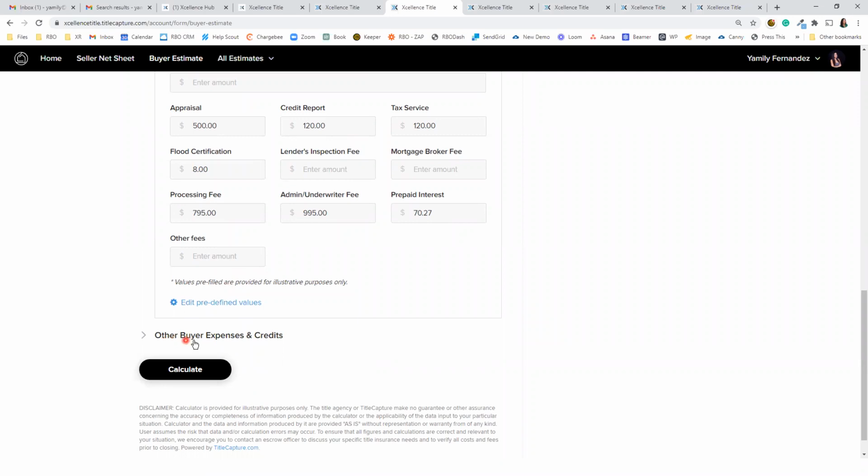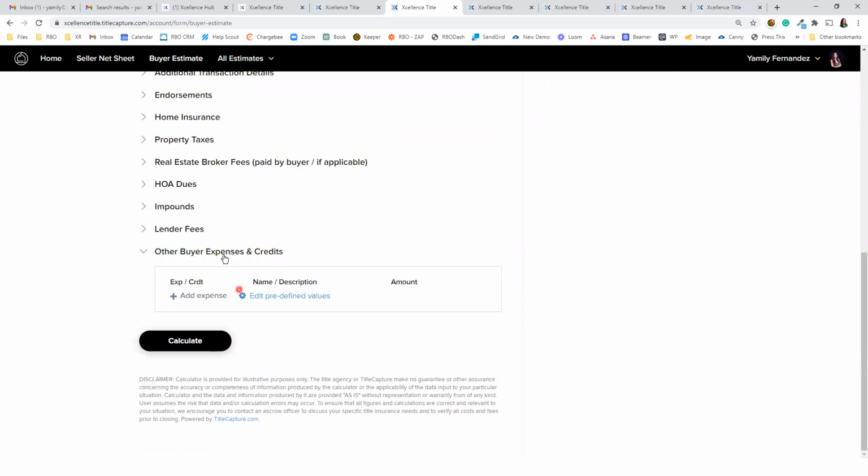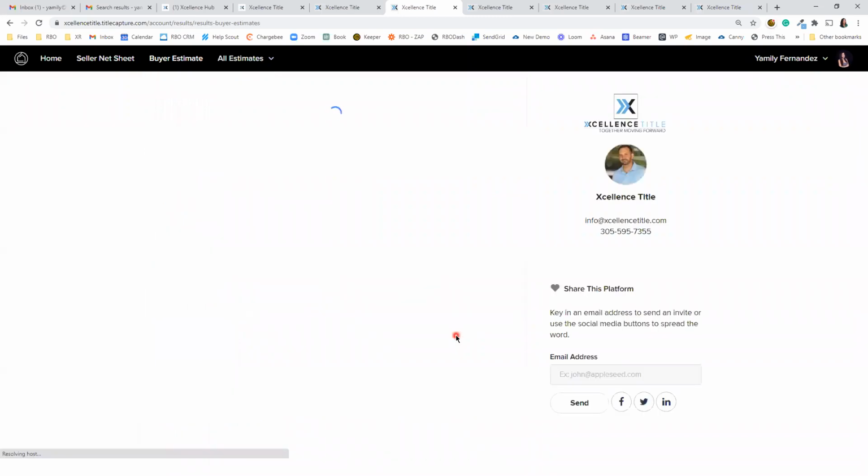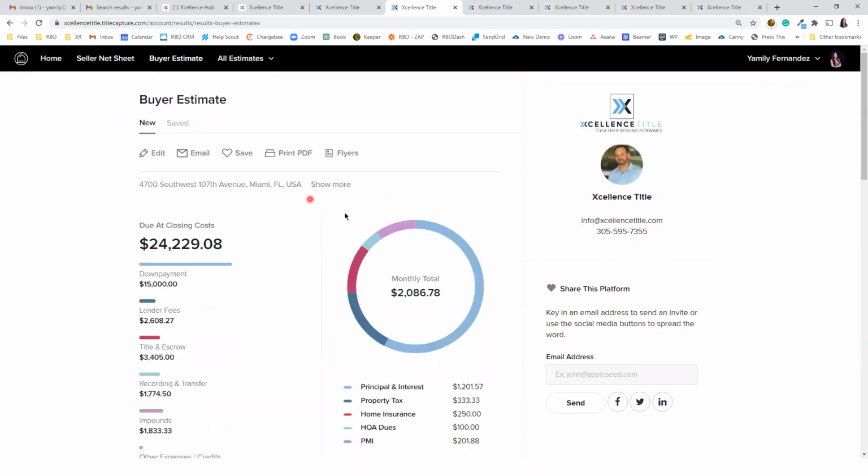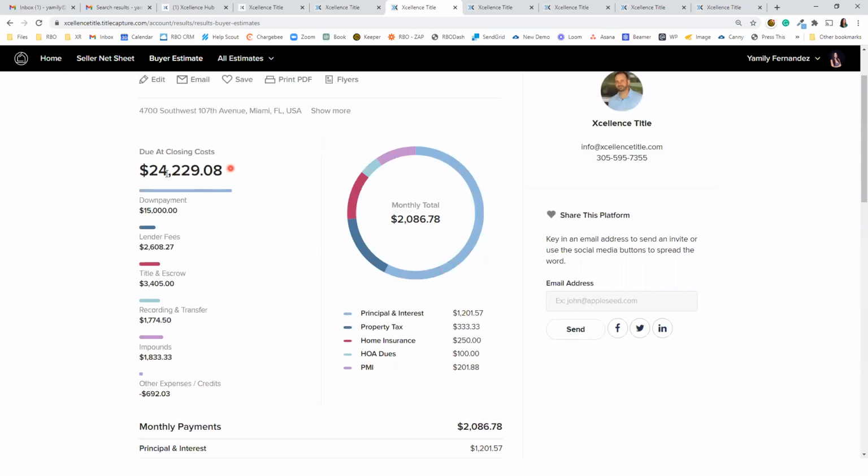All right, so let's go ahead and continue here. Now here you can add other expenses or credits, guys. So if you know that your buyer needs to get a credit at closing from the seller, maybe they need to get $5,000 in order to close the transaction, you want to make sure you add your credits here. Now, if there are any additional expenses that need to be paid, you'll want to add them in this area as well. Now, as soon as you click calculate, we're going to go ahead and get the buyer estimate. And the closing cost is going to be, remember, an estimate. You want to make sure the buyer is aware it's an estimate. And it's going to be at